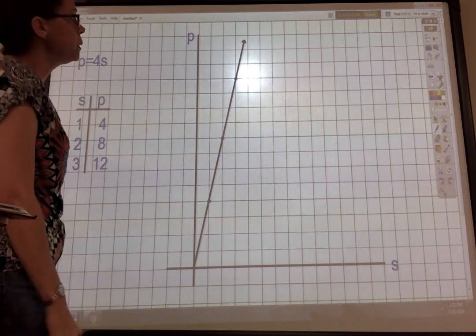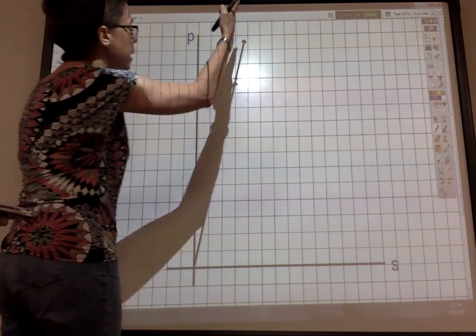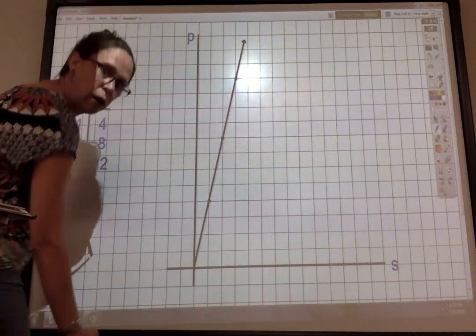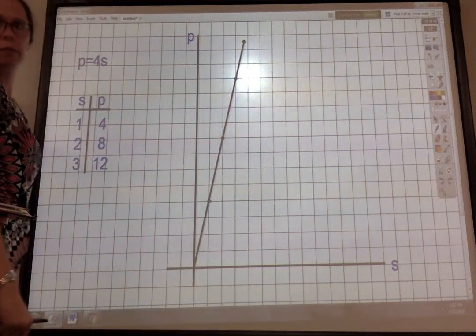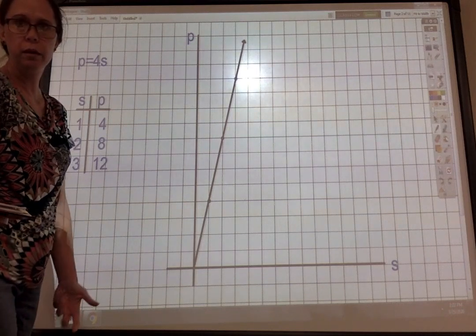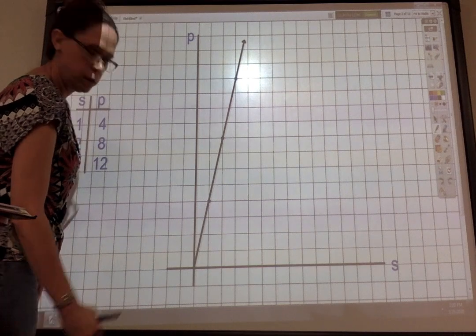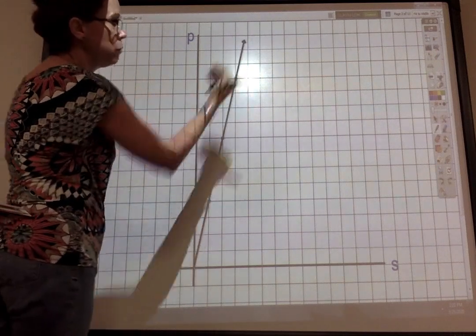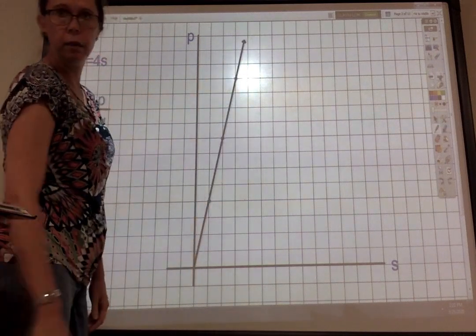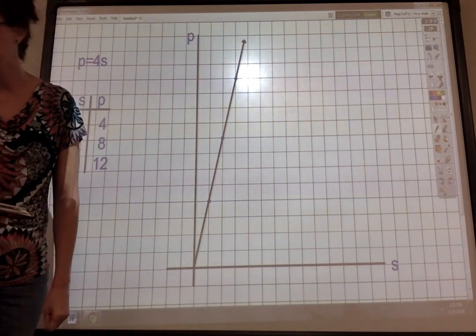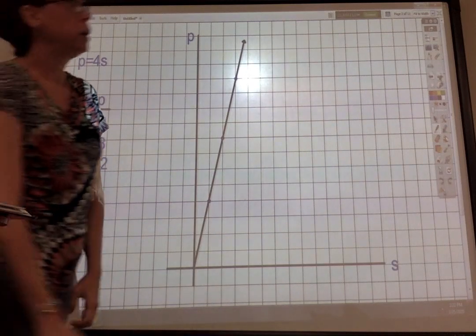Okay, and the reason that this is a ray and it doesn't continue this way as a line is because when we're dealing with lengths on the sides of a square, we don't have negative lengths, okay? So we're only going to have positive values for our side lengths and perimeter, okay? Now,